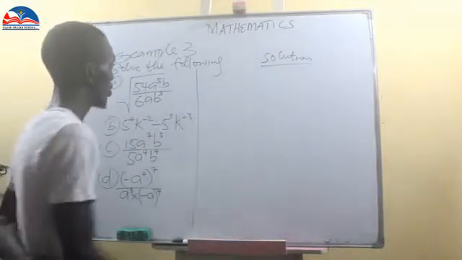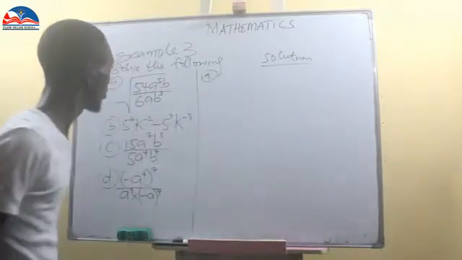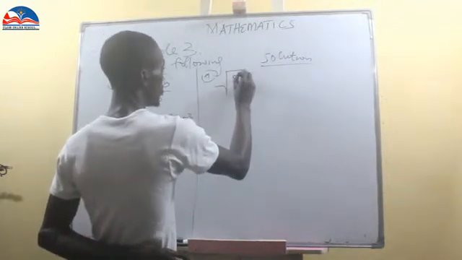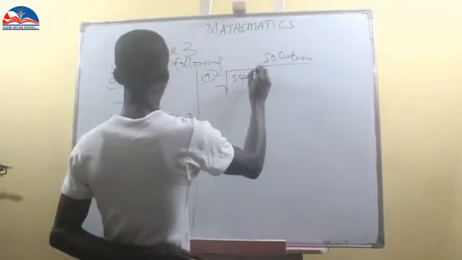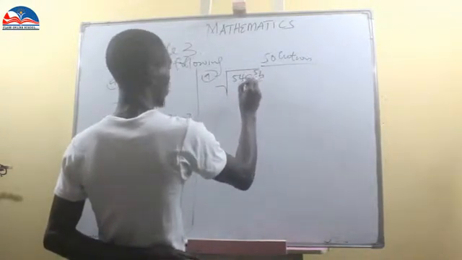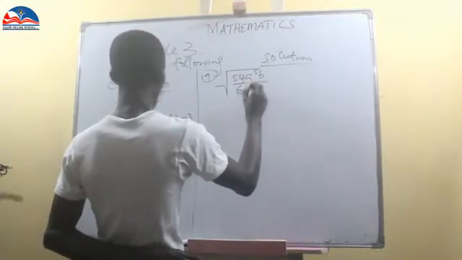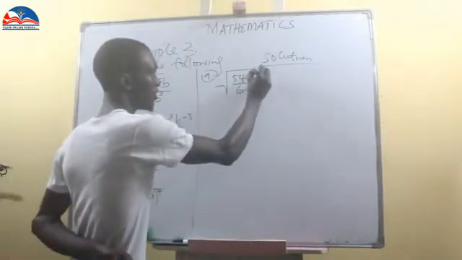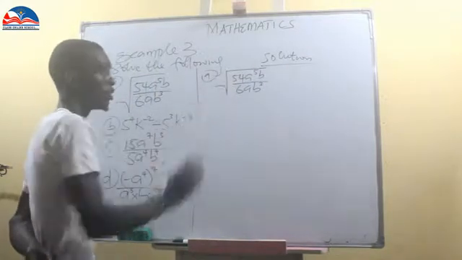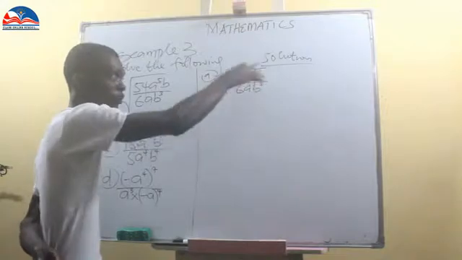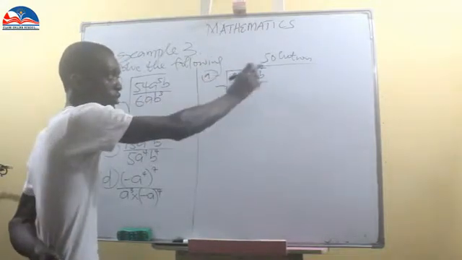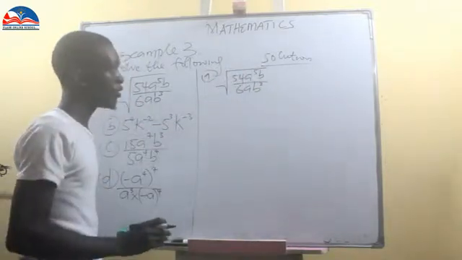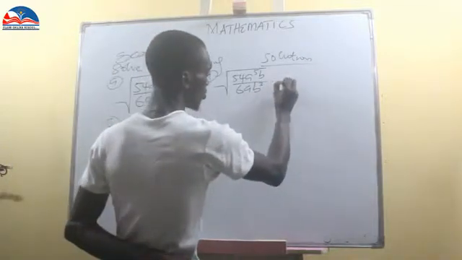Number 1, A. Now we have roots 54a index 5b over 6ab index 3. Now we have all these in roots. So the first thing you do is, this root is governing this whole expression. So what you do is you say it is equal to,